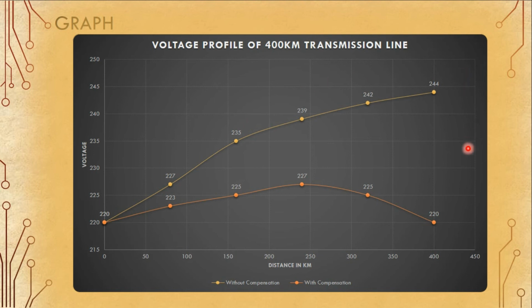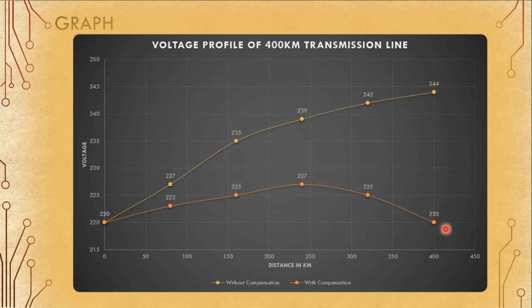So if you see the voltage profile, as you can see, this yellow curve is the voltage profile without compensation. Without compensation, from the sending end, meaning 0 kilometer, up to the receiving end, that is 400 kilometer, the voltage keeps increasing. And when we incorporated a compensation unit at the receiving end, we maintained the receiving end and sending end equal, so that this voltage became 220 at the receiving end, meaning this 244 reduced